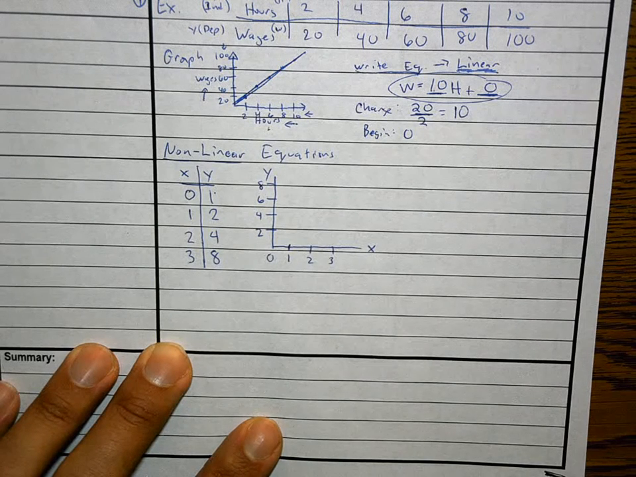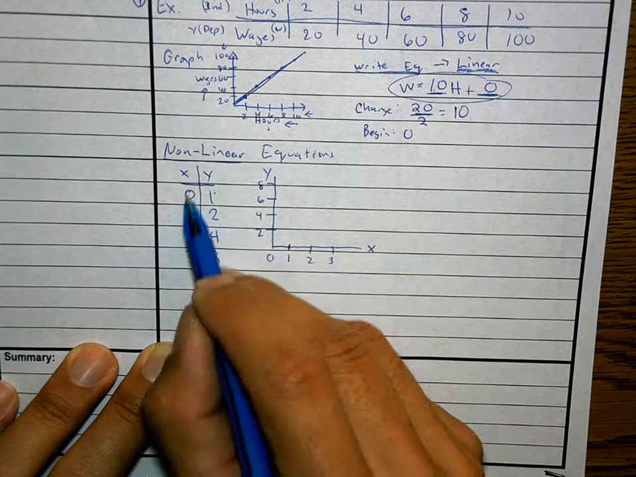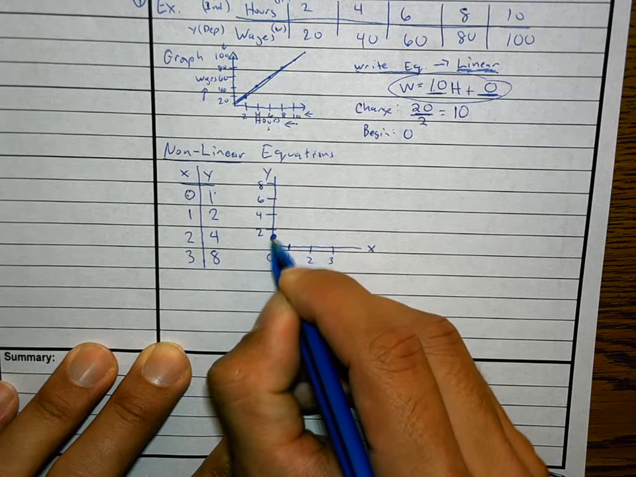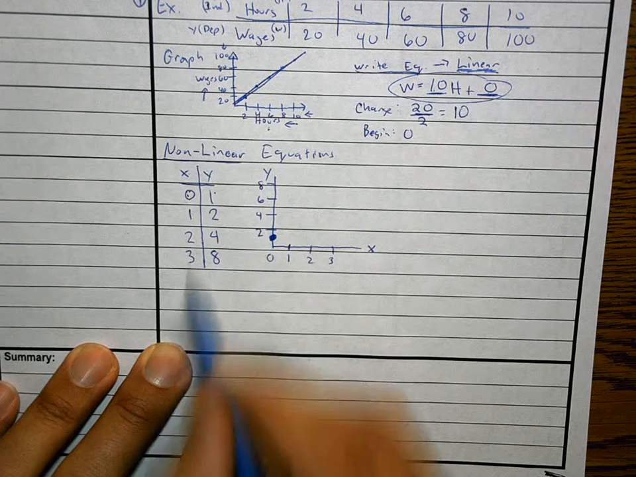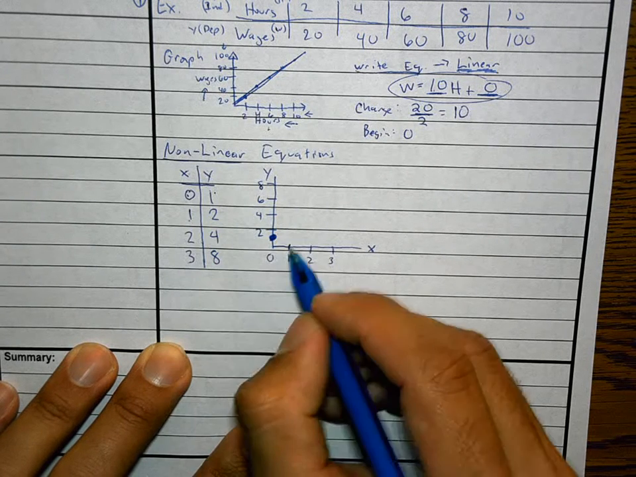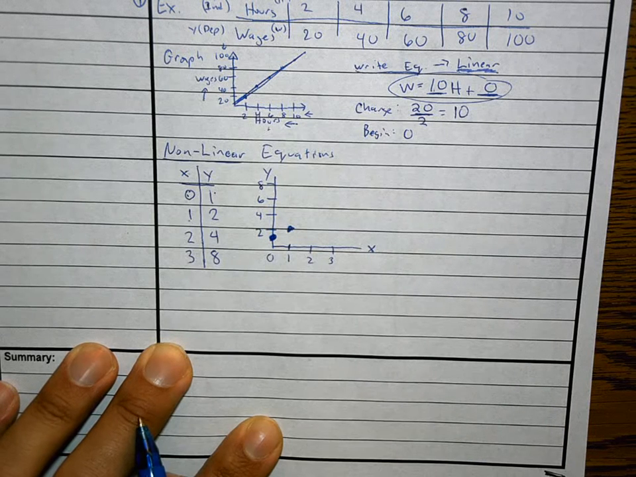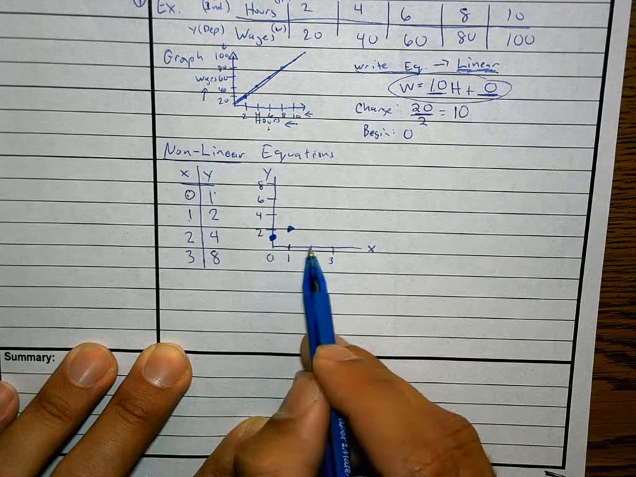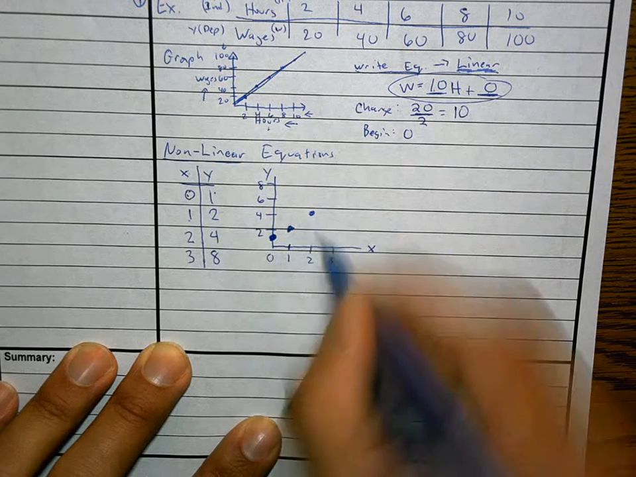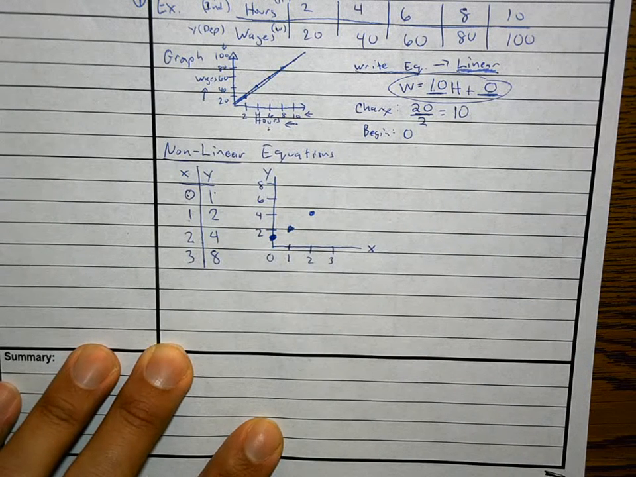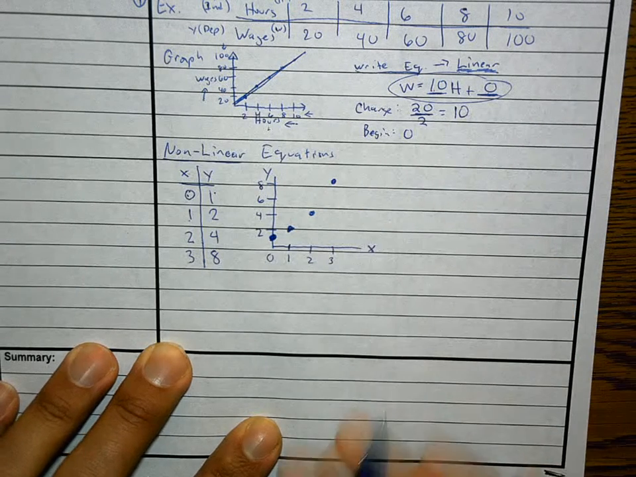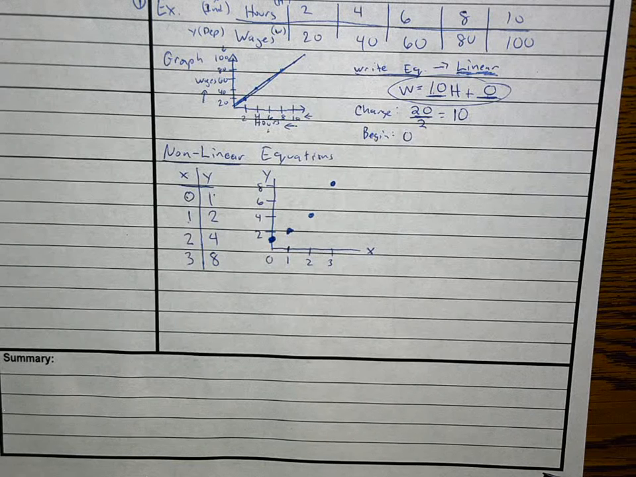So now, the x is 0, the y is 1, dot. The x is 1, the y is 2, dot. The x is 2, the y is 4, dot. See, because this kind of looks linear. Let me see. Well, let's go 3 and 8. Now, if you do your scale correctly, because we will have graph paper on your worksheet,